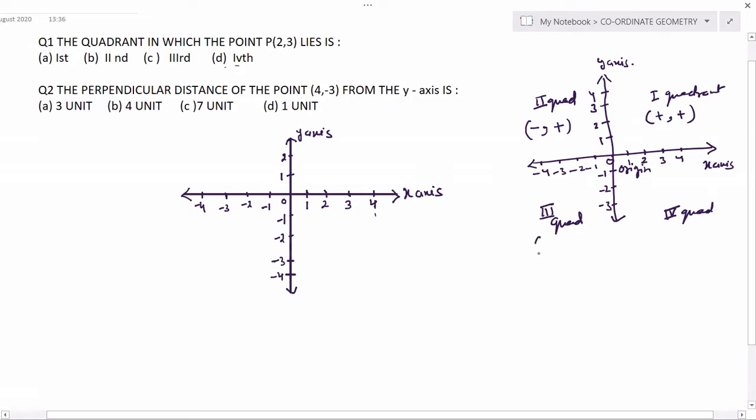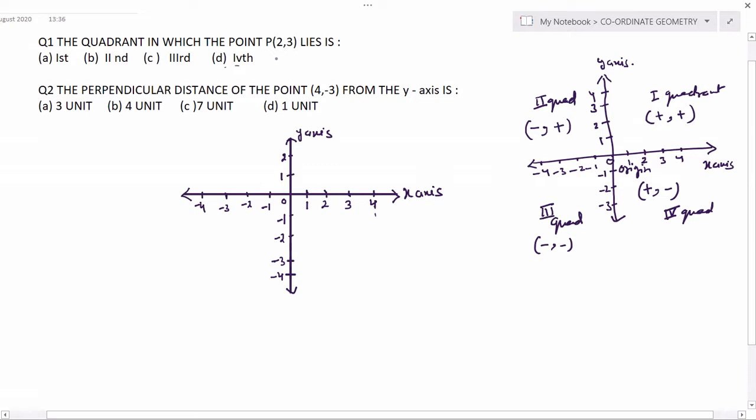In the third quadrant both are negative, because you will move like this. First of all you go for the negative value of x and then you again go for the negative value of y. So both coordinates of the point are negative. Now in the fourth quadrant, the x coordinate is positive and y is negative. So in the fourth quadrant x is positive and y is negative, right? According to this position of the point we can plot the points.